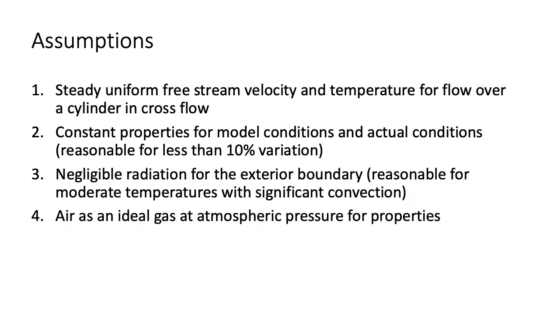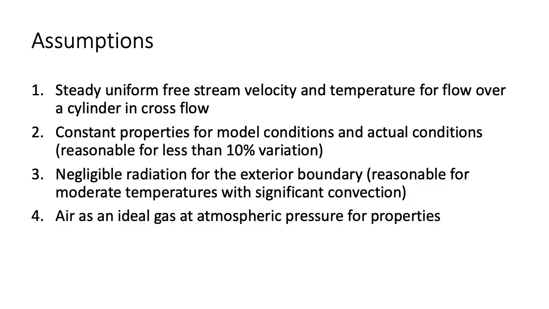Our second assumption is constant properties, which is reasonable as long as the properties have less than a 10% variation over the range of conditions. Our third assumption is that there is negligible radiation for the exterior boundary. This is a reasonable assumption for moderate temperatures combined with significant convection at the exterior boundary. Our fourth assumption is that the air is an ideal gas at atmospheric pressure, which will be used to look